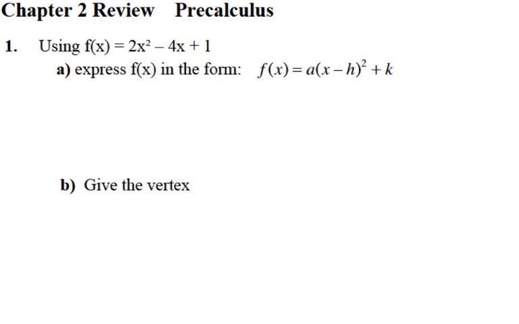So number 1, we have f of x equals 2x squared minus 4x plus 1, and part A says to express f of x in the standard form. So your first step is to factor out the 2, but only from the first two terms. So I'm going to write this as f of x equals, I'm going to factor out the 2, so that's 2x squared minus 2x, and then we're completing the square,